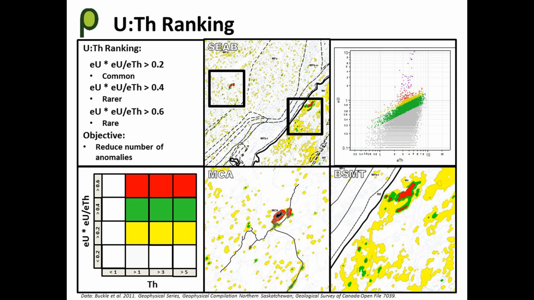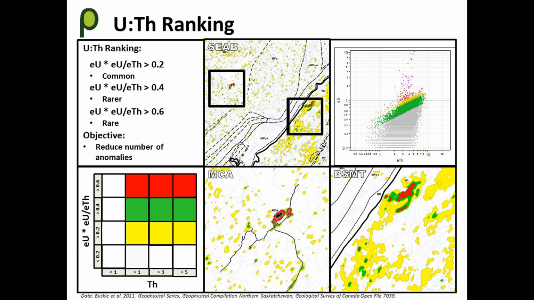So the first thing I wanted to do was to look, based on this uranium multiplied by uranium divided by thorium, uranium squared over thorium, at what kind of statistics and what kind of groups I could create from this to see anomalism. And so what I did was plot up a scatter plot and look at that, but knowing that this relationship is worthwhile from the geochemical work, I selected these thresholds basically on some statistical breaks. And in order to discuss the spatial relationships involved here, especially when we come to the potassium-thorium side, I brought in